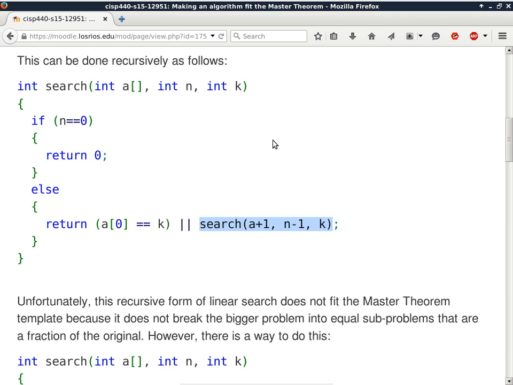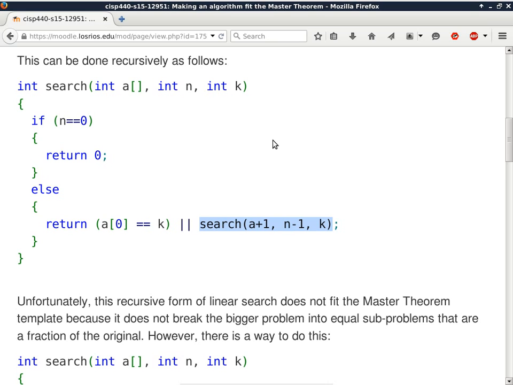So when a bracket 0 equals k is false, it will force the program to call search again recursively. Is that okay so far?